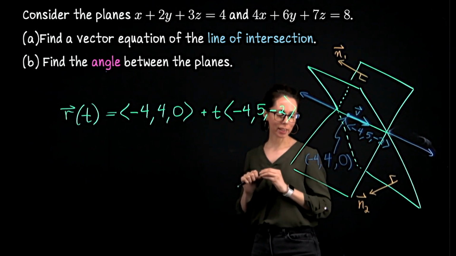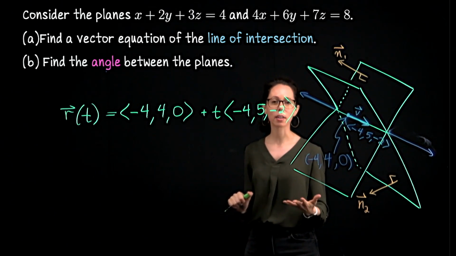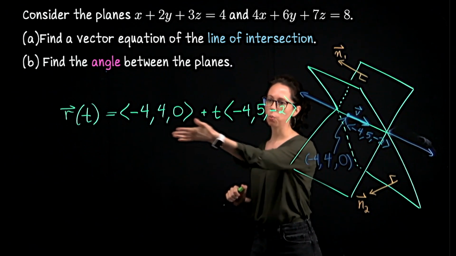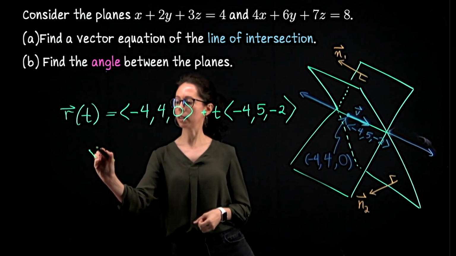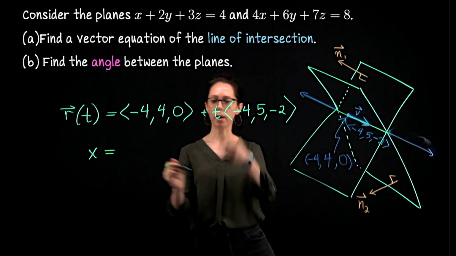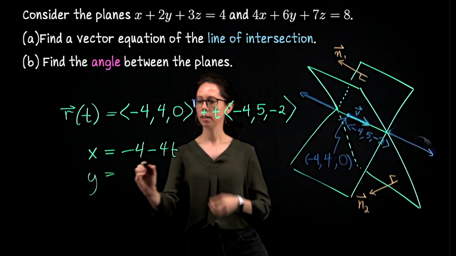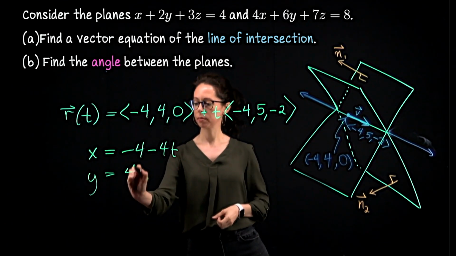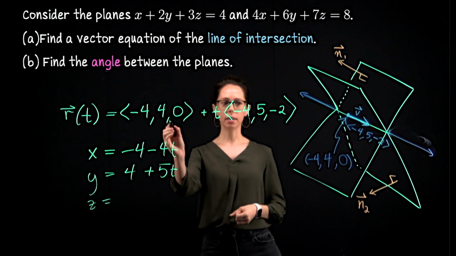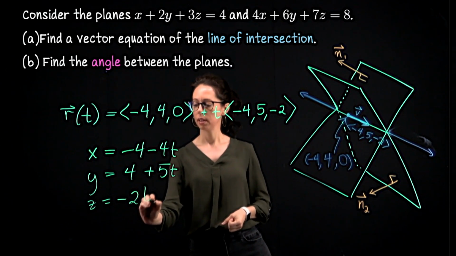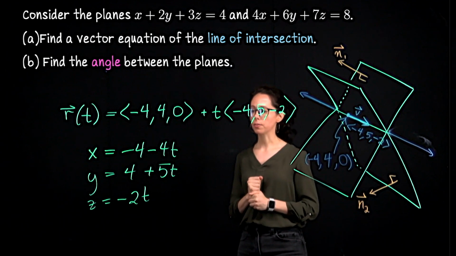Okay, probably saying a little bit too much, so let me just wrap up by saying what the coordinates are. Sometimes you want to write it not as one concise parametric description, but you might want to say something like the x-coordinate is negative 4 minus 4t. The y-coordinate is 4 plus 5t. And the z-coordinate is 0 minus 2t. This set of equations would also trace out the line for different values of t.